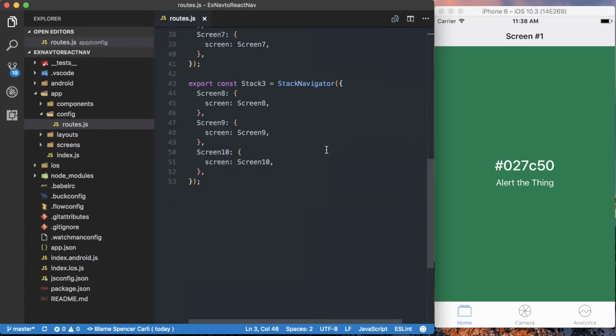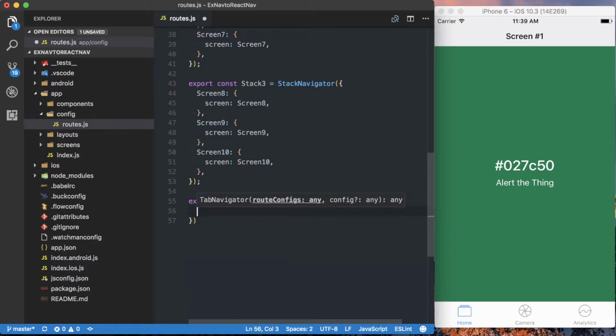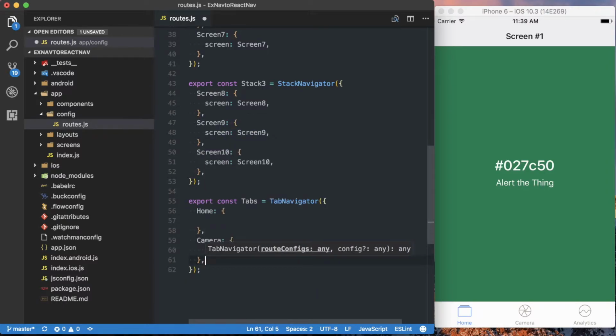Now if I scroll down to the bottom of my file, I can go ahead and actually start creating my new Tab Navigator. And we'll just call this tabs, and this is going to be Tab Navigator. Configuration is the same as it is for StackNavigation. So instead of the different screens, we'll just give our different tabs. So this one's going to be home. We're going to have our camera tab,